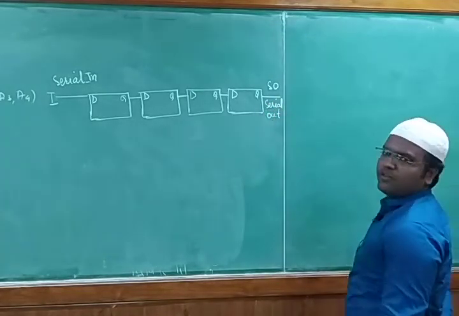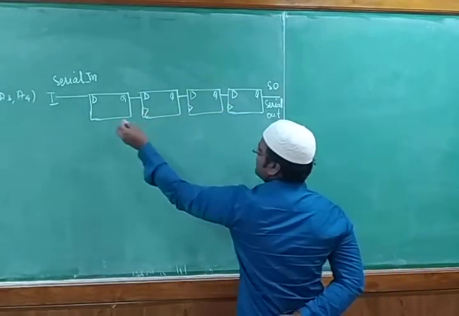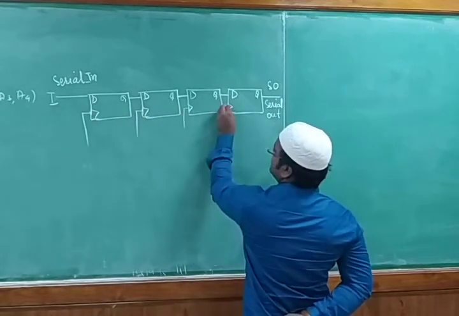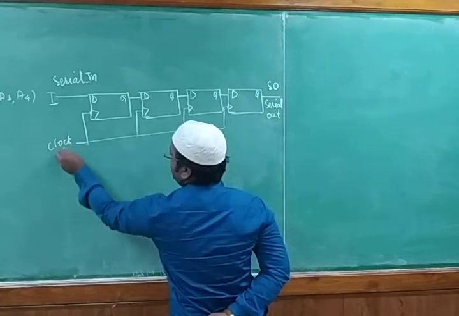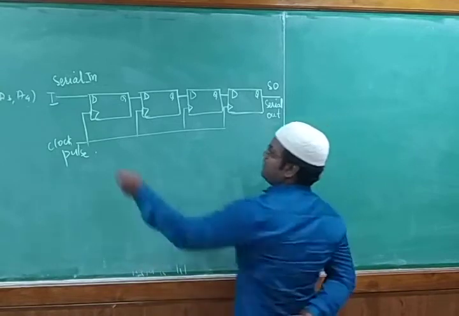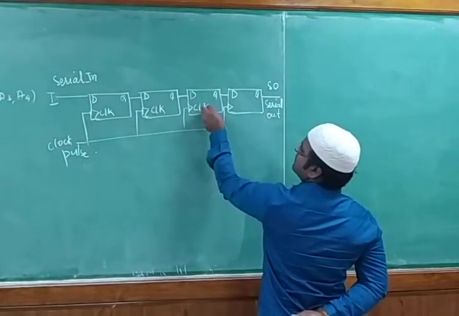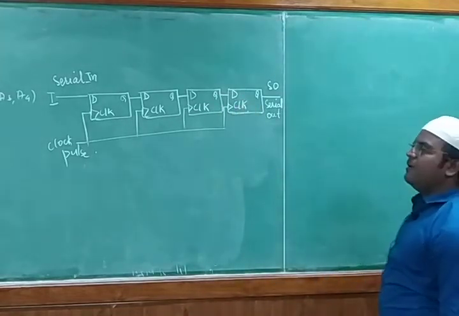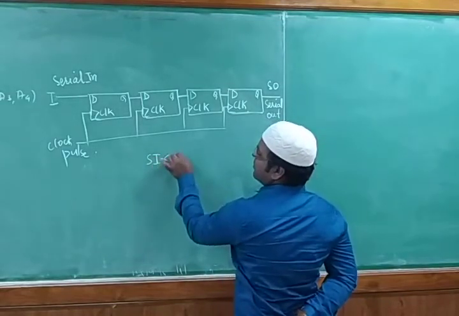right? So we have to give a common clock for all the flip-flops. The clock pulse we are giving is positive edge or negative edge based upon the operation. This is the common clock pulse, right? So this is the clock pulse. We are giving CLK, right? So this is also the way we can design the registers of 4-bit by using SISO, serial in and